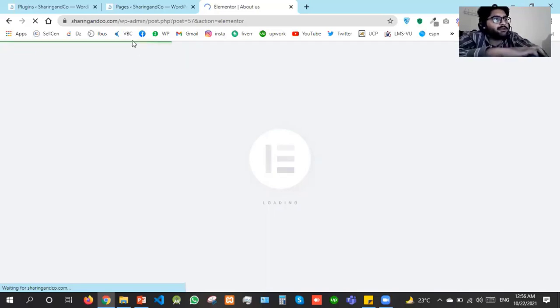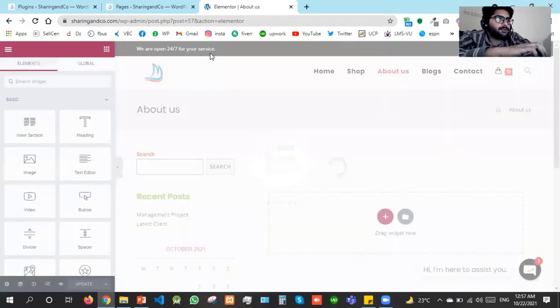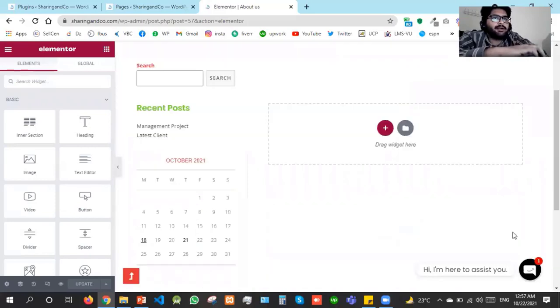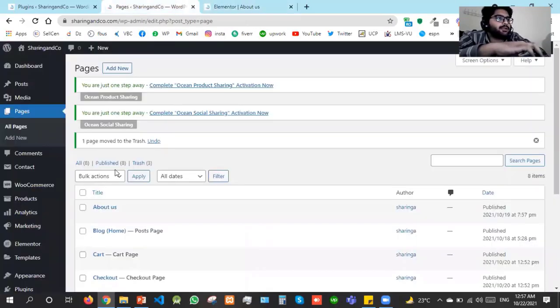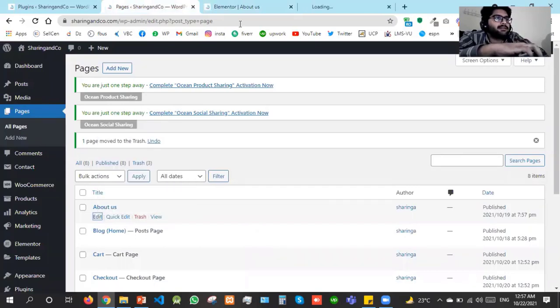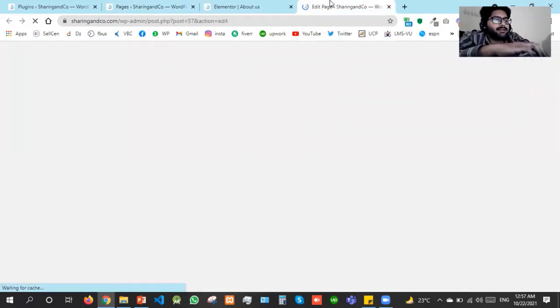You see it is loading this green bar. Okay. So first of all, we don't want this sidebar. So I'll go to the pages again. I'll edit this and let this editor be open,